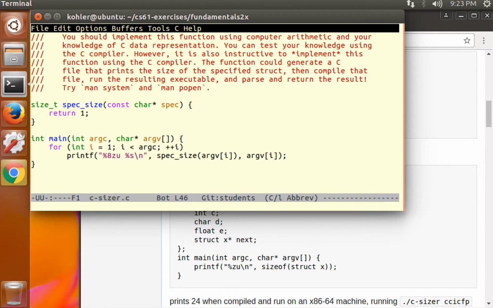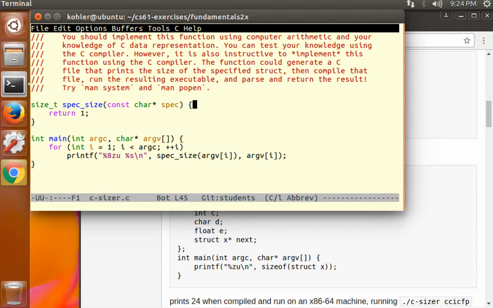In order to actually analyze the string, we need to analyze the string argument. C strings are represented as arrays of characters. In C, arrays and pointers are fungible. We can take an array of characters and treat it like a pointer. And it's very idiomatic in C to treat character arrays especially as pointers, const char stars, usually, not always const, so that we can walk through the array one character at a time by moving the pointer around. We'll see an example of that right away. But first,